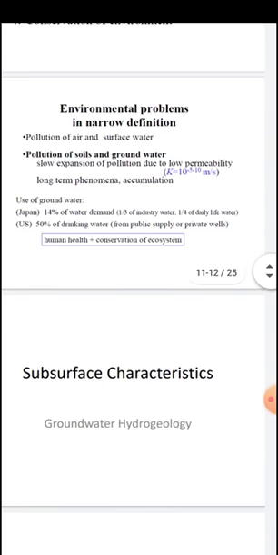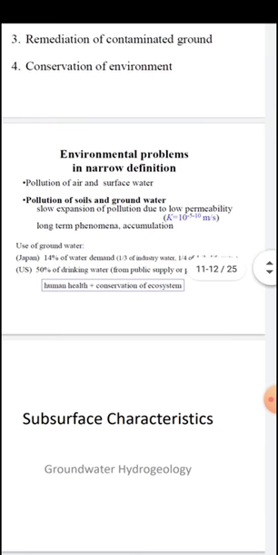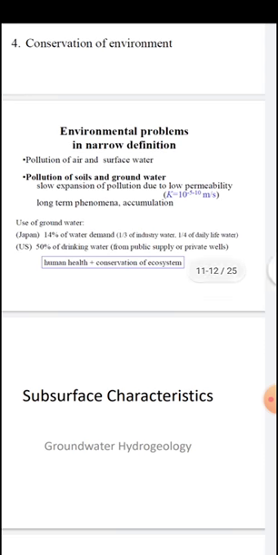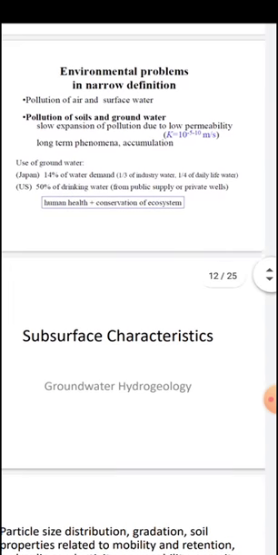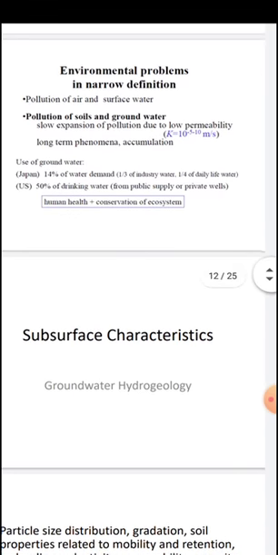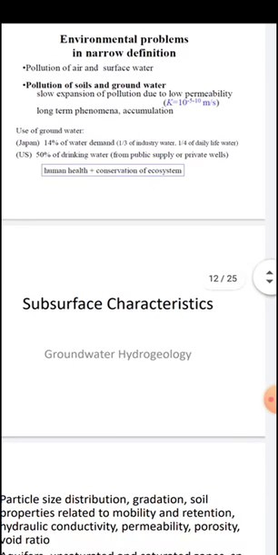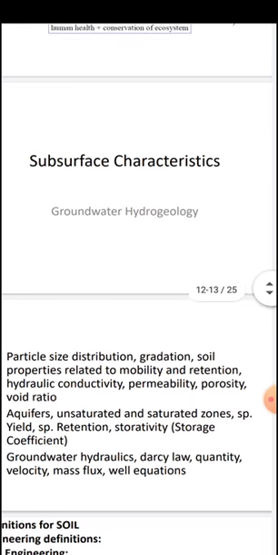So as we talked earlier, the soil texture is very important to define the behavior, and the fate of contaminant depends upon the characteristics of the soil. So one of the characteristics is the permeability. So the soil expansion of pollution due to low permeability is one of the factors, and then here is some of the utilization. Moving forward,